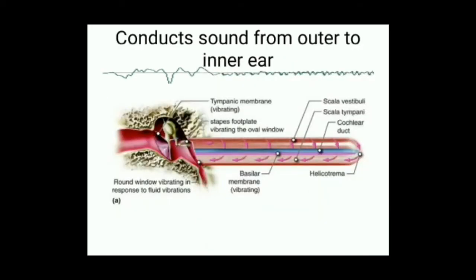What are the functions of the middle ear ossicles? The first important function is that it conducts sound from the outer to the inner ear. The sound entering through the ear canal vibrates the eardrum. Since the tip of the malleus is attached to the eardrum, the vibrating eardrum transmits the vibrations to the malleus, incus, and stapes, and the footplate of the stapes vibrates against the oval window. So mainly sound is conducted in the middle ear through this ossicular chain. Sound conduction through the air from the tympanic membrane to the round window or the oval window is very negligible.